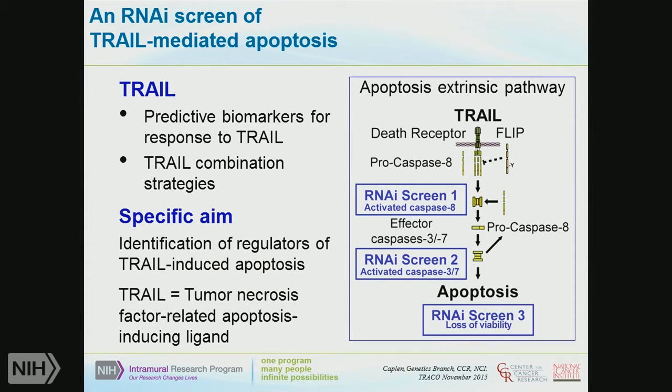Okay? So in the last couple of minutes, I'm just going to go through one final story and then lead into some conclusions. And this final story is really where we were looking at that first point: could we find, again, biomarkers or synergistic combinations to work with a different drug approach, which was the use of the TRAIL peptide. TRAIL is the tumor necrosis factor-related apoptosis-inducing ligand. I'm just going to refer to it as TRAIL from now on.